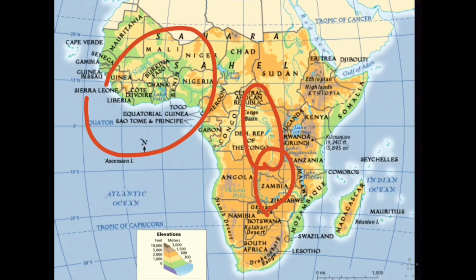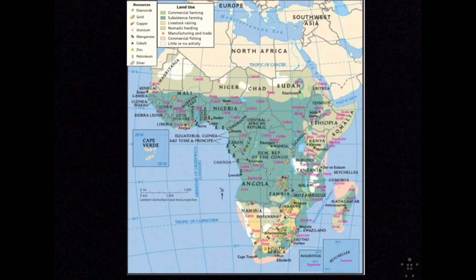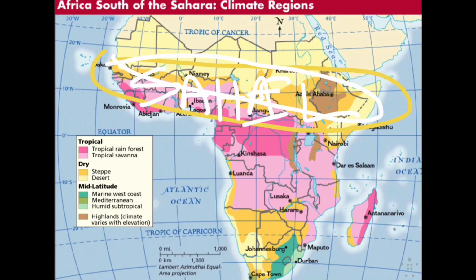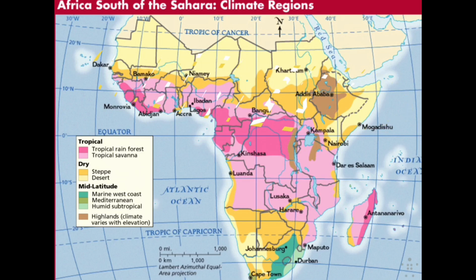I'm going to go back. We have the Namib Desert, which you could see located there in the southern region, and then the Kalahari, which I kind of covered up, also located in this area. Now, there is one thing that I do want to point out to you, and you can see that here on this map a little bit, and then we'll move on to the vegetation zone map.